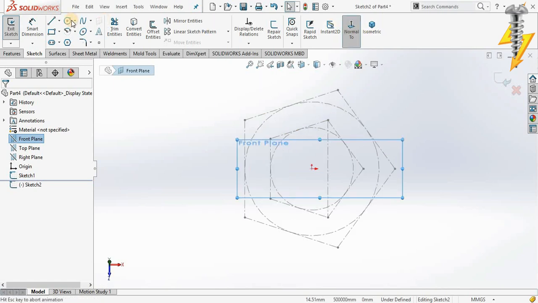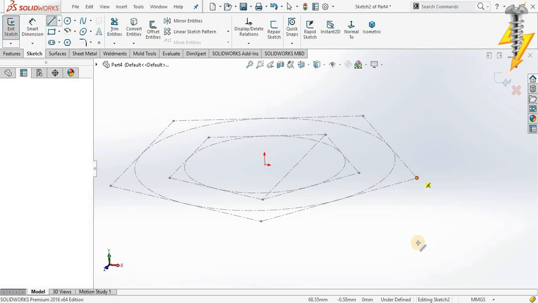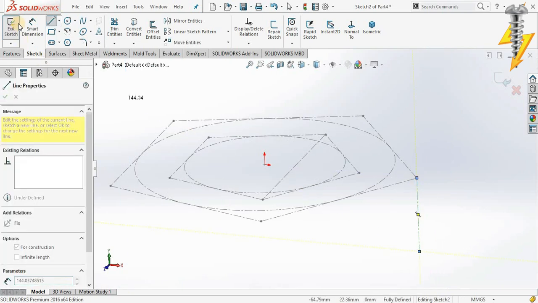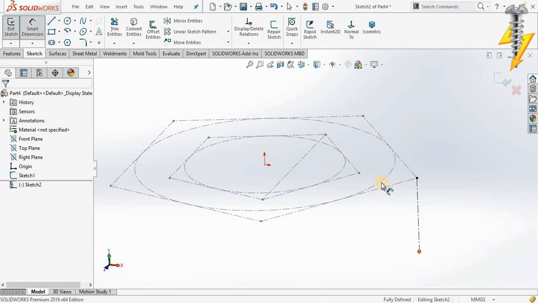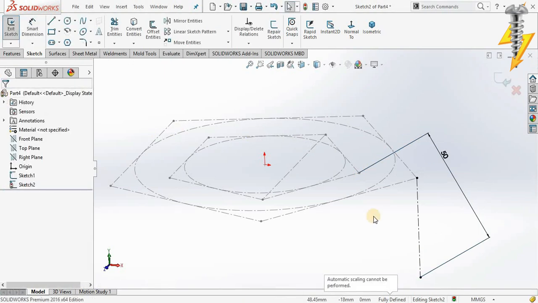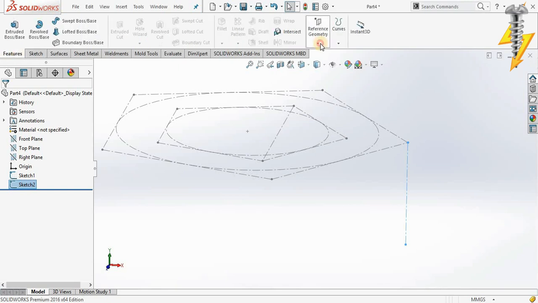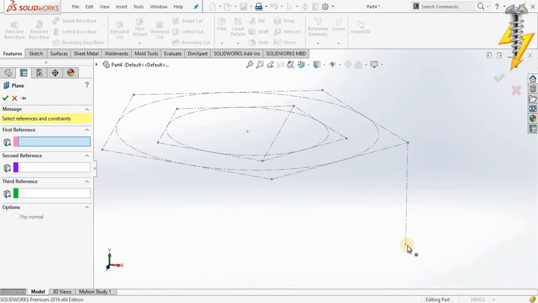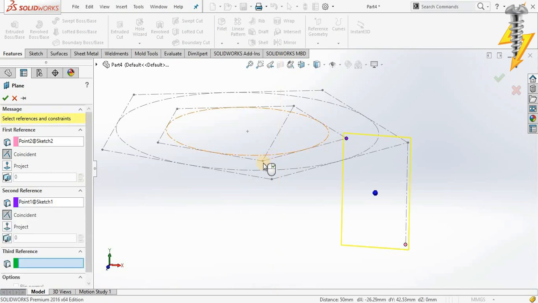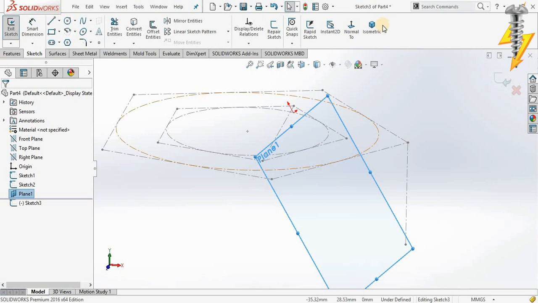Then we go to the front plane and open up a new sketch. We draw a center line from this point, and open Smart Dimension and set it to 15. We go out from the sketch and go to Features, Reference Geometry. We set a new plane from these 3 points. We press OK. Then we open up a sketch on plane number 1